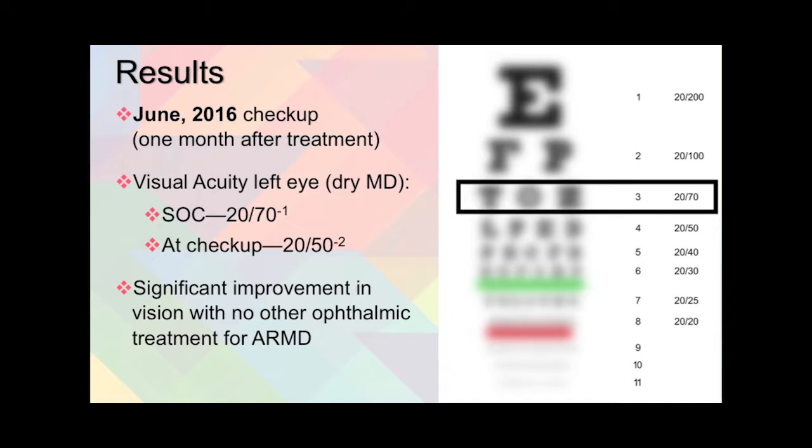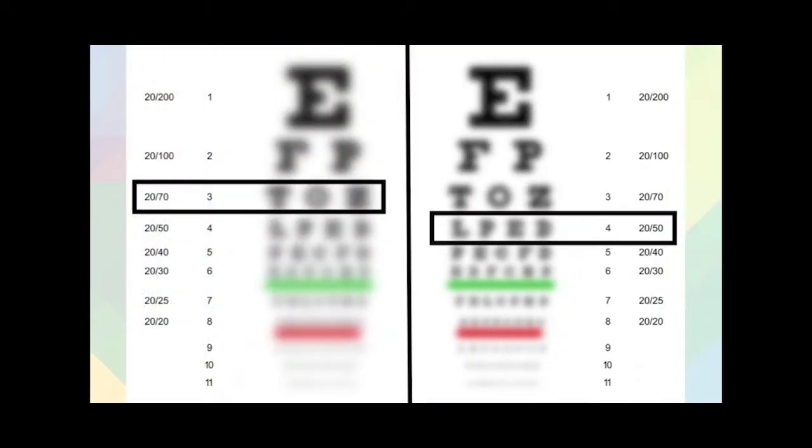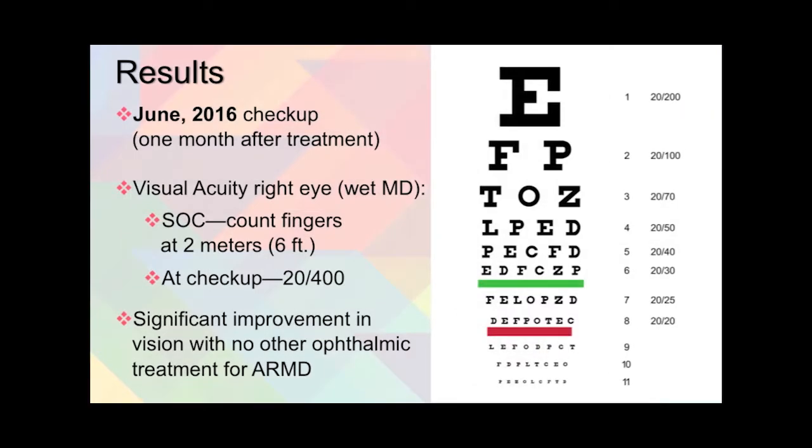And then at the checkup, you can see the next line down and you can make out 2 of them very clearly, and the other 2 are somewhat hard to make out. So in this case, this lady got 2 of the 4 letters on the next line down. And I put them side by side so you could see the difference, the change in the vision after 8 treatments over 2 months. Now let's go to the right eye, and this is the one with the wet macular